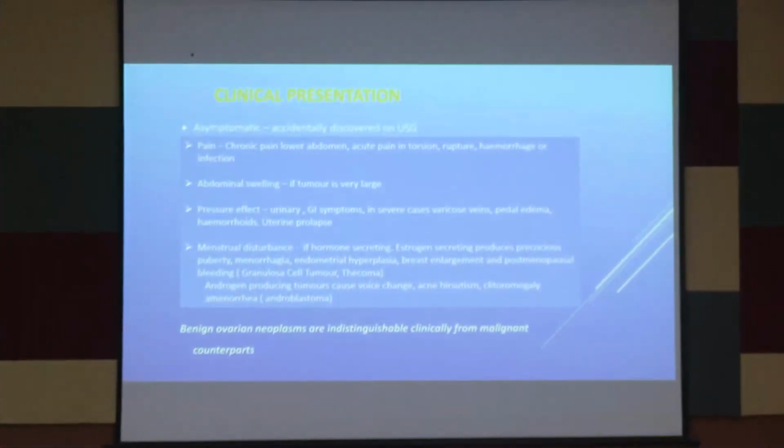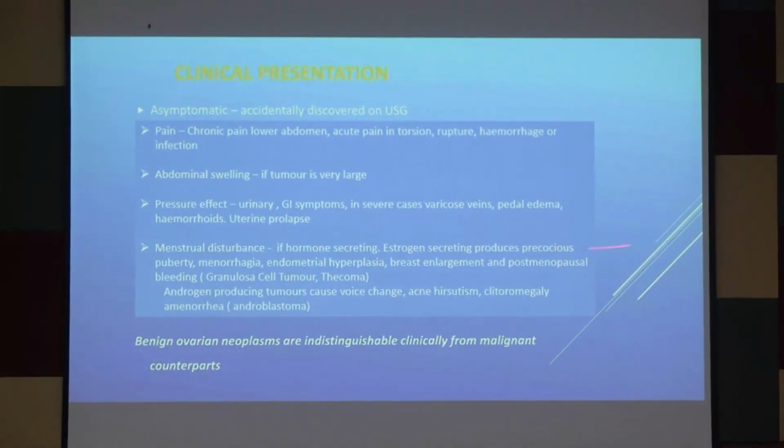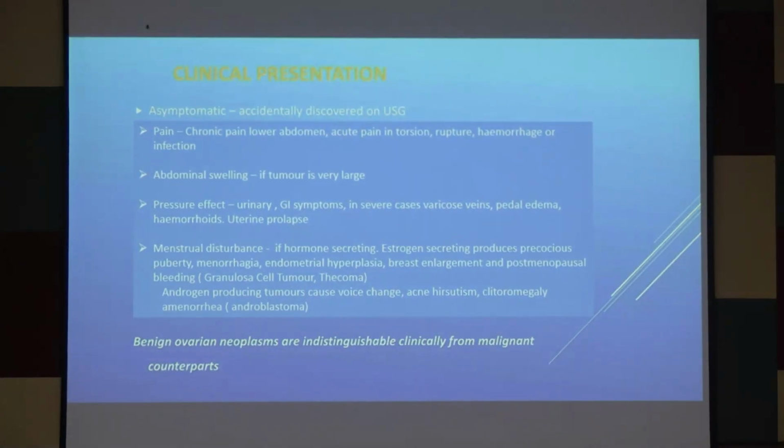Okay, how does an ovarian mass present? Clinical presentations for an ovarian mass. What can be the symptoms? Asymptomatic. Most benign ovarian masses are found inadvertently while doing an ultrasound. They don't create any symptoms. Ovarian masses which are causing symptoms like pain and torsion, acute pain, are usually malignant unless there are complications to it. It causes abdominal swelling if it is a large mass, causes pressure symptoms on the bladder and the rectum,